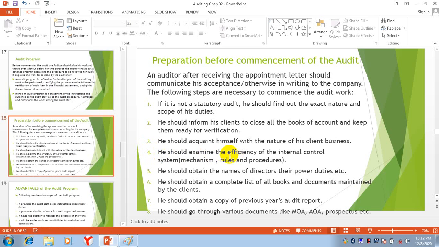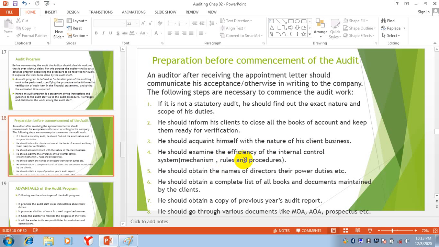He should examine the efficiency of the internal control system. That is the most important thing. You will check how efficient his internal control system is. We discussed the internal control system in the previous classes. What is the mechanism of internal control? What are the rules and what are the procedures? How efficient is the mechanism of this company's internal control?